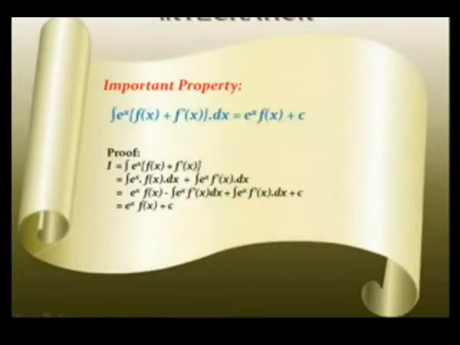Hence the integral of e to the power of ax into cos of bx is equal to e to the power of ax into a times cos of bx plus b times sin of bx divided by a square plus b square. Hence we have derived the above formula. Similarly, we can derive the formula for integral of e to the power of ax into sin of bx when we equate it to the imaginary part of integral of e to the power of a plus iota bx.